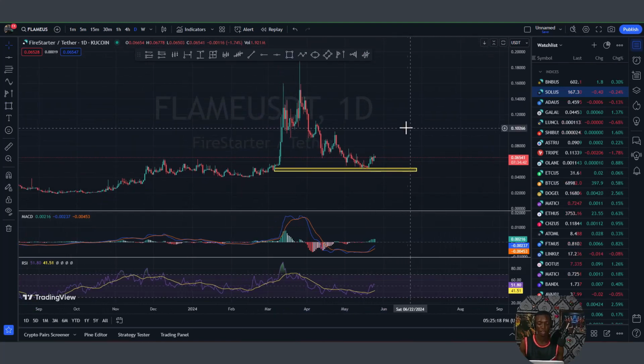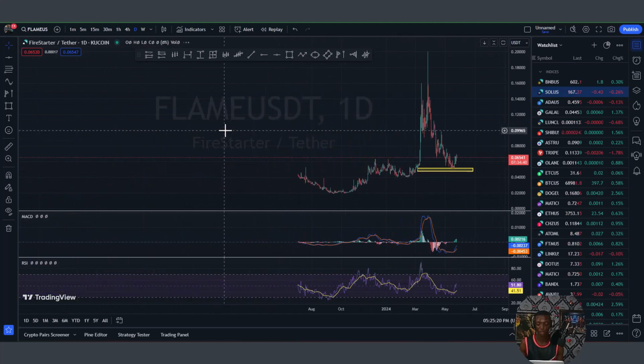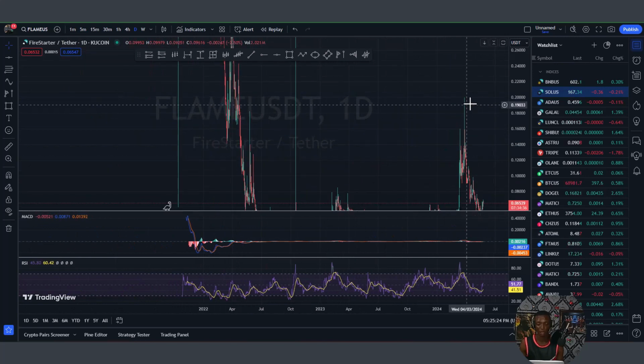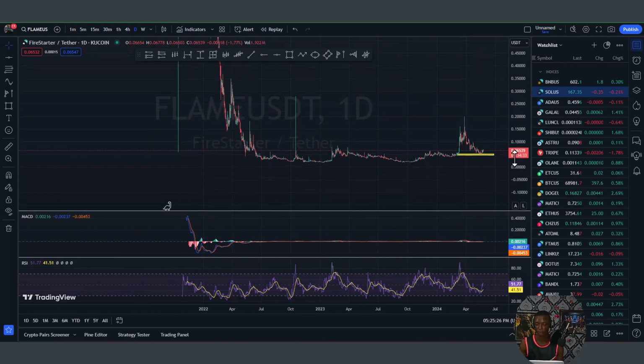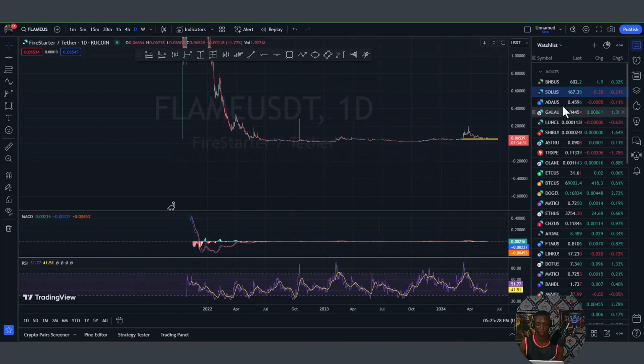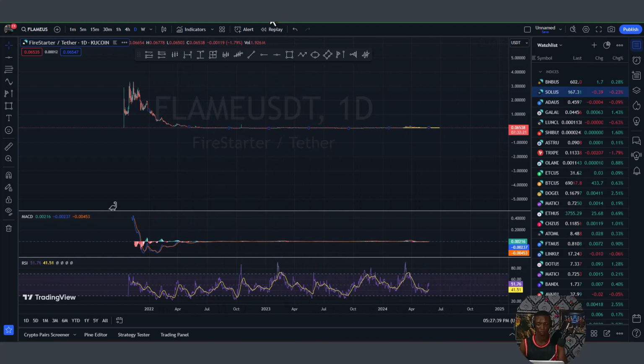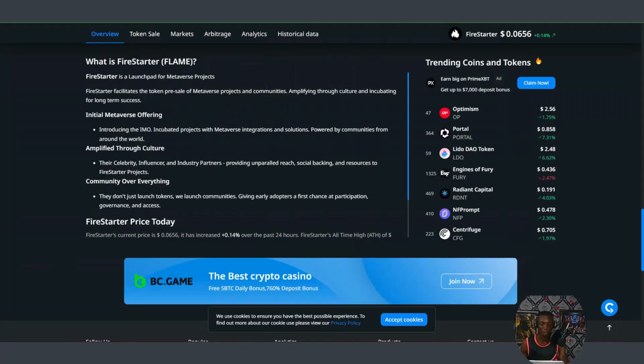The coin in question has been launched for a very long time. Okay, let me see. It launched in 2021. Okay, so we'll go ahead and look at what Flame is all about. Okay, I'll go to CryptoRank and check the